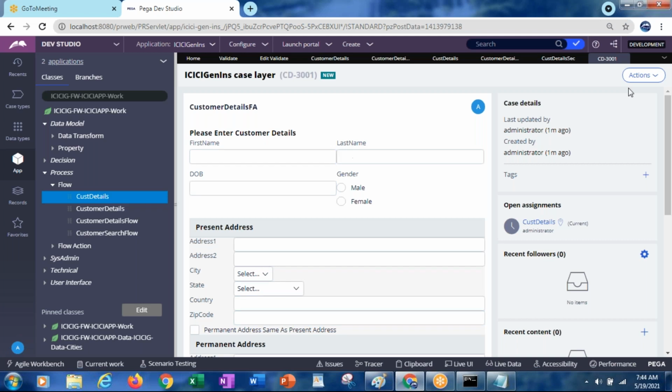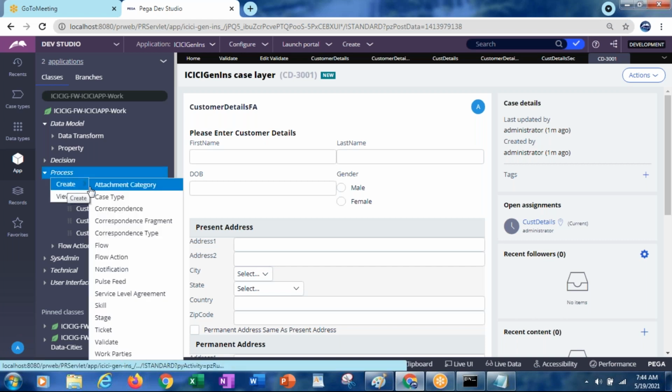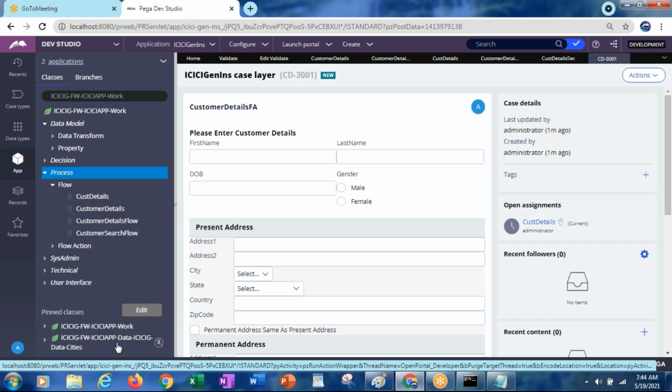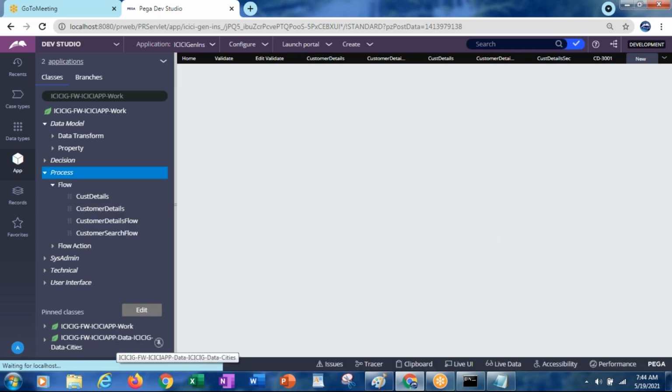For that, we can write the OBJ validate rule. How can we write the OBJ validate? As I said, it is under the process category. Create, validate.